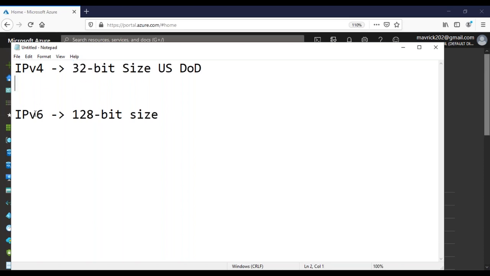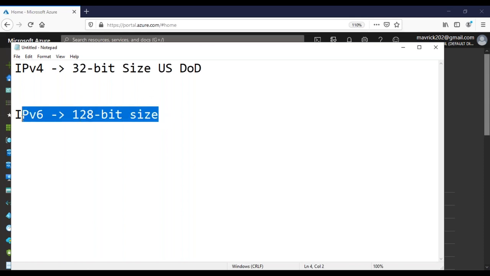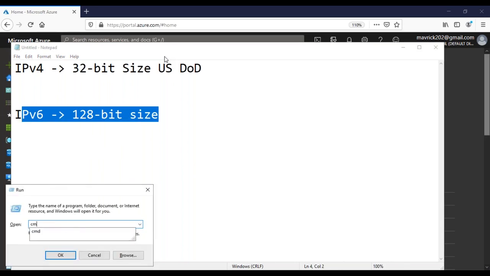That's why IPv6 was introduced, which is a big number when compared to IPv4. But still we are using IPv4. Still the IP addresses are not completed, so we really don't need to bother about IPv6. The reason I mentioned IPv6 is you need to understand how it basically differs, how it looks.